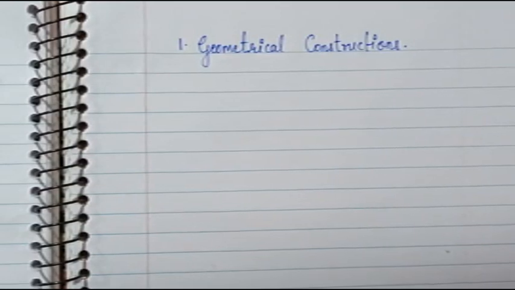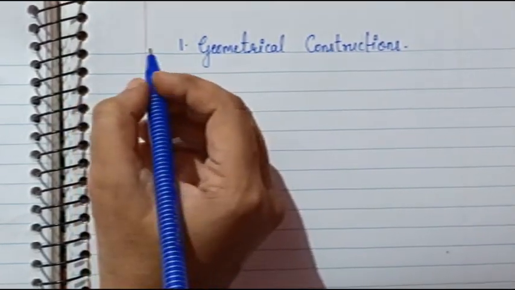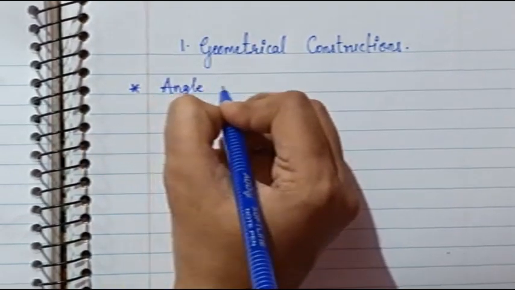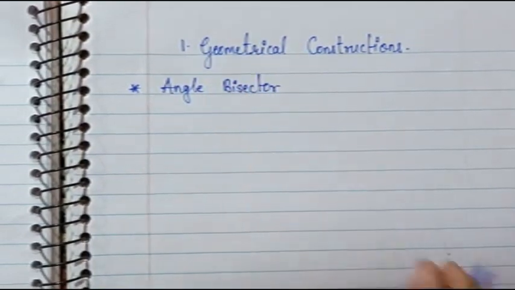So students, in a similar way, the way I have written the name of the chapter, you all are supposed to write the name of the chapter in your maths notebook in a similar way with today's date. Okay, so the first part we are going to study is angle bisector. Okay, we are going to study about the angle bisector. Okay, now let us see.